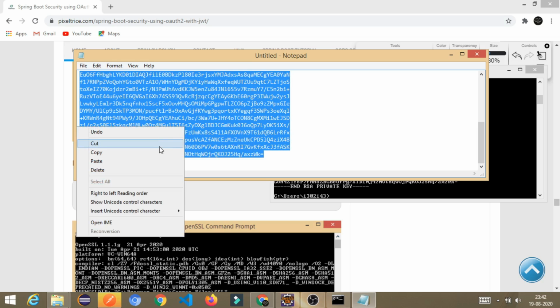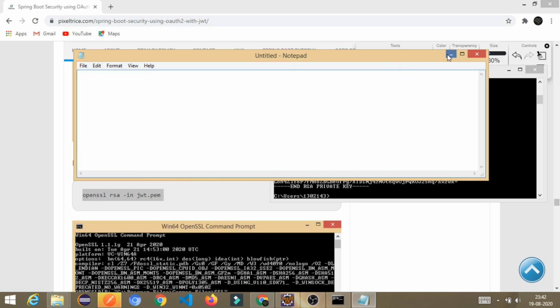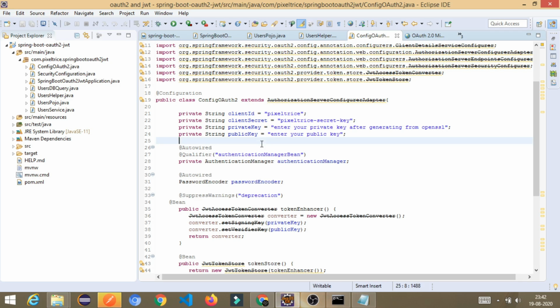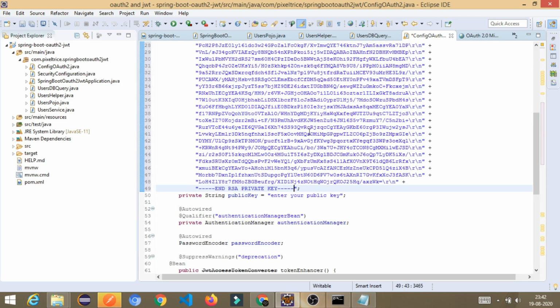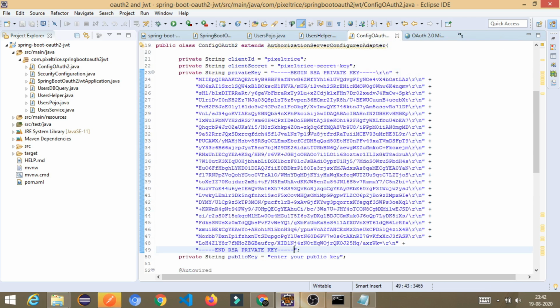If you don't want to paste it in the notepad, then it's all right. Just go to the private key, and under the double quote, you have to place that private key. See, I placed it, and make sure it starts from BEGIN RSA PRIVATE KEY. Then only it will work.